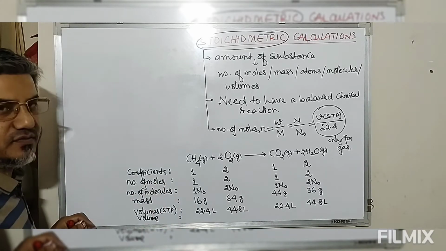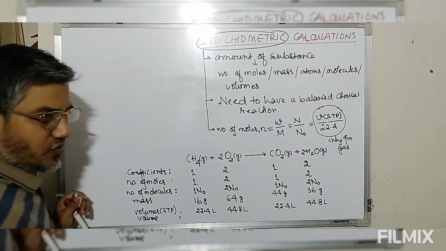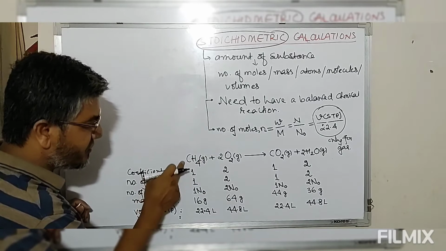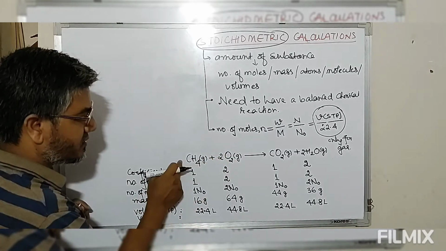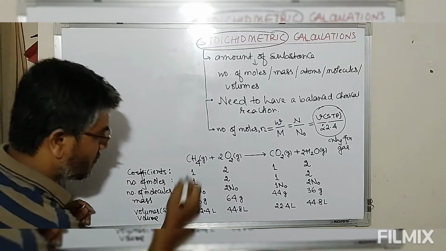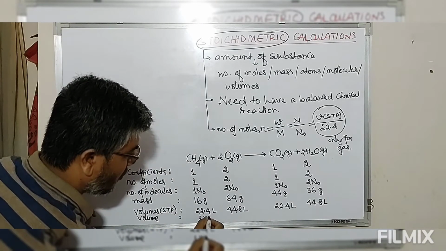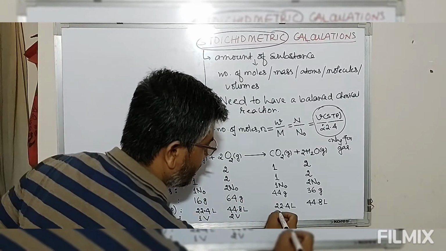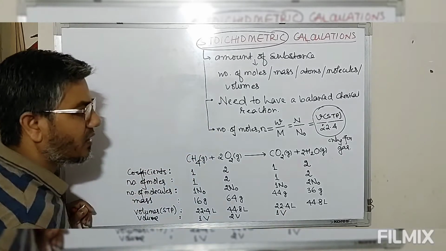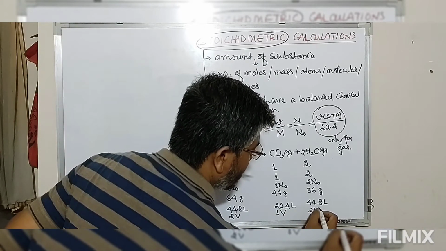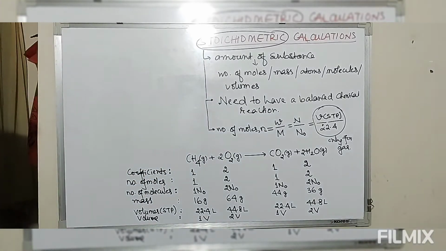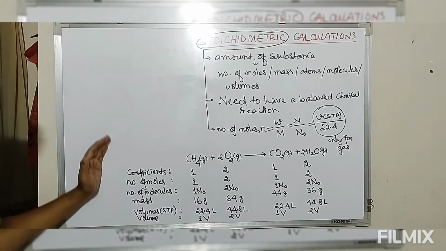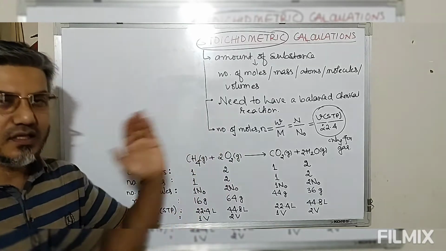In terms of simply volume, that is according to Gay-Lussac's law of combining volumes. Now look at this, in this reaction involving gases, the coefficient of the reactants and products can be considered to be the volume. So in this reaction, 1 volume of CH4 combines with 2 volumes of oxygen, which gives you 1 volume of carbon dioxide and 2 volumes of H2O. So these are what we call the stoichiometric coefficients or stoichiometry related to this reaction.